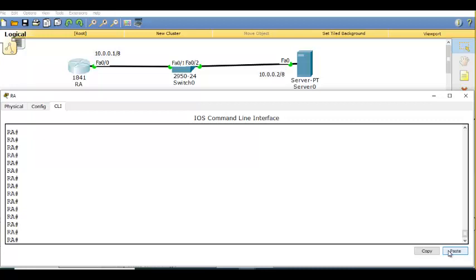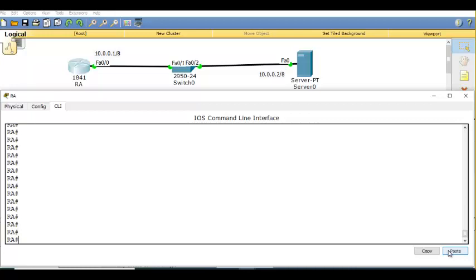See, right now the router is running because of the DRAM. If I restart the router, the DRAM configuration and DRAM operating system will vanish, will disappear, because DRAM is temporary, right? Yes, sir. So when I restart the router, nothing will come. The router won't work. You understand? Yes, sir. Because there is no operating system in the flash. The router won't work. So before you reload the router, make sure you copy the operating system to the router.